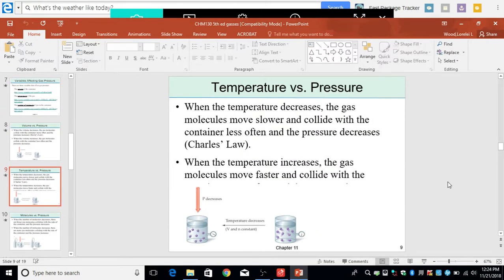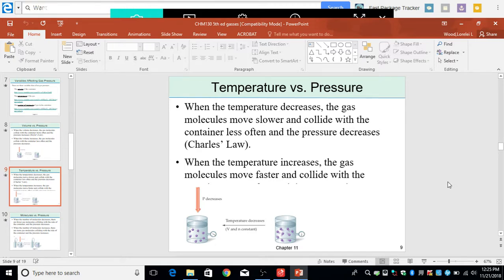All right, temperature versus pressure. I always thought Boyle and Charles should have changed their laws because it would be easier to remember that temperature had something to do with boils, right? So there's my mnemonic device for remembering the difference between Boyle's and Charles's: Boyle and Charles should have changed laws so that Charles could have the one that didn't deal with temperature and Boyle could have had the one that dealt with temperature.